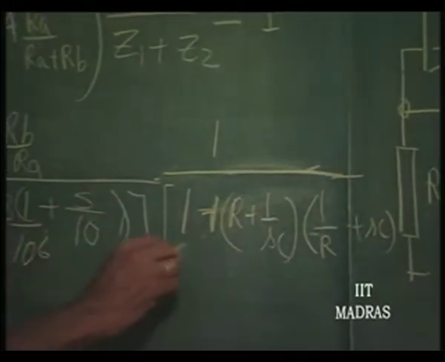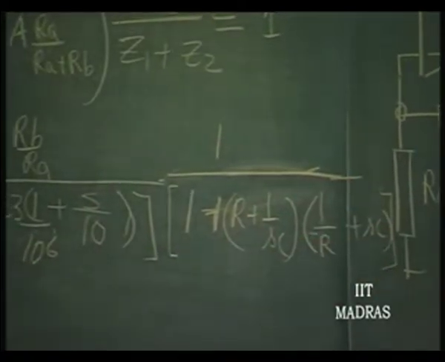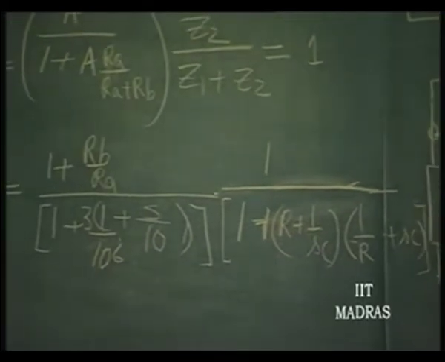So, this is the overall transfer function which has to be equal to 1. So, 1 plus RB by RA